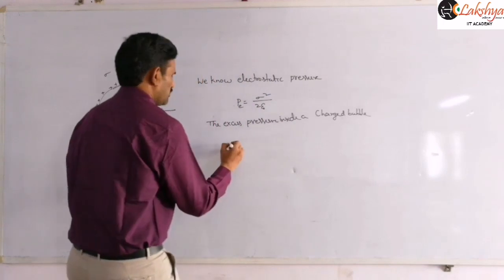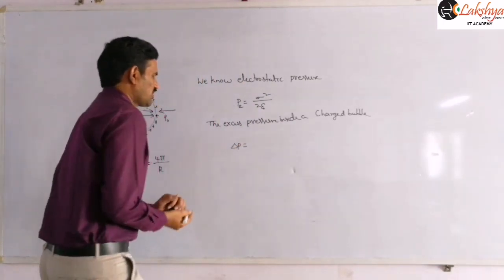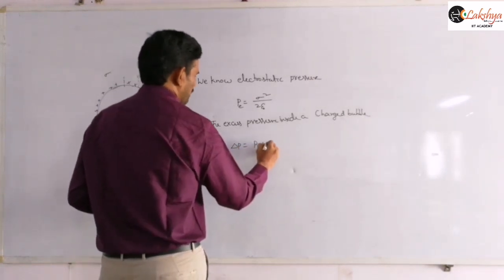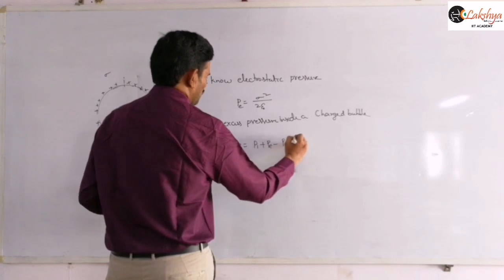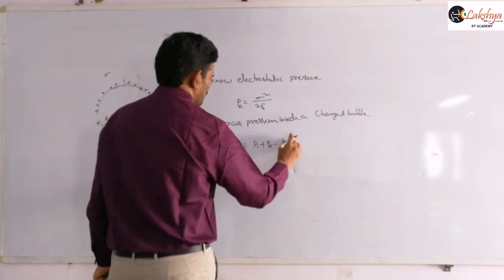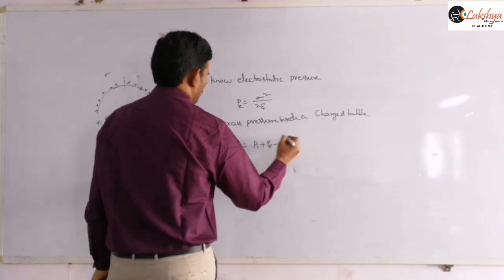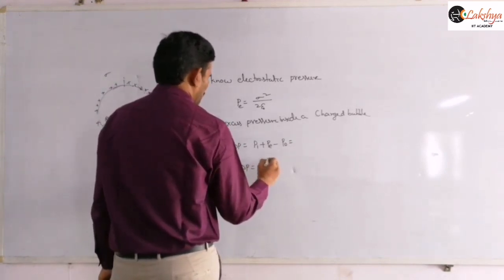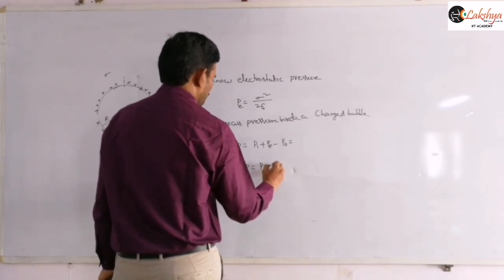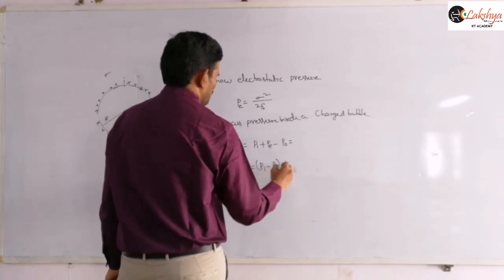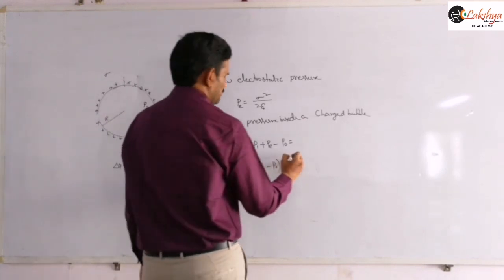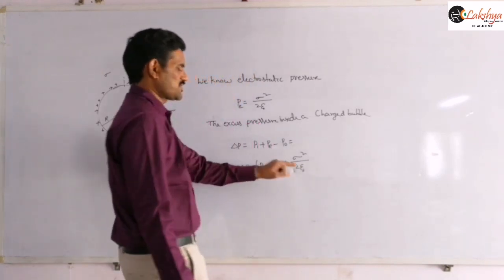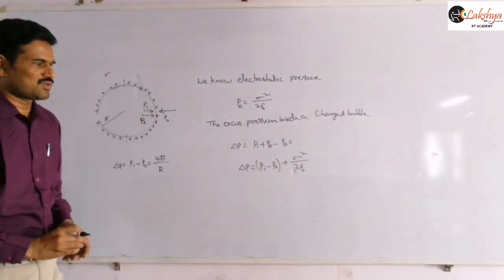So inside a charged bubble, delta P is equal to, now we can observe the pressure from inwards to outwards. So I can write this as Pi plus Pe minus P naught is equal to the excess pressure we need to write here. And now this value I can write as Pe minus P naught plus excess pressure value sigma square by, that means the electrostatic pressure we can write as sigma square by 2 epsilon naught, right?